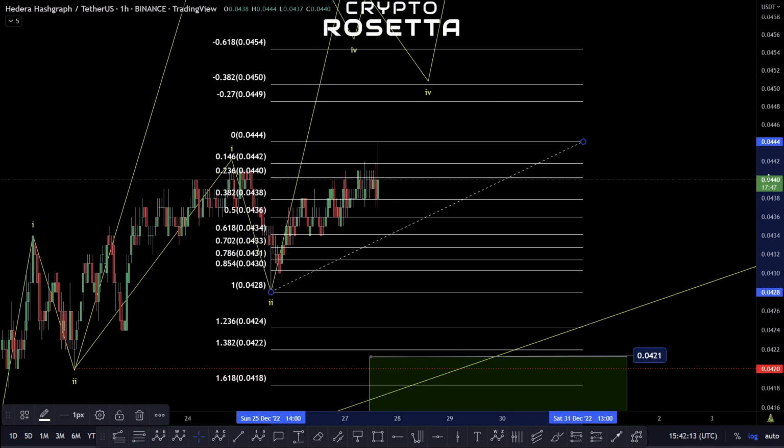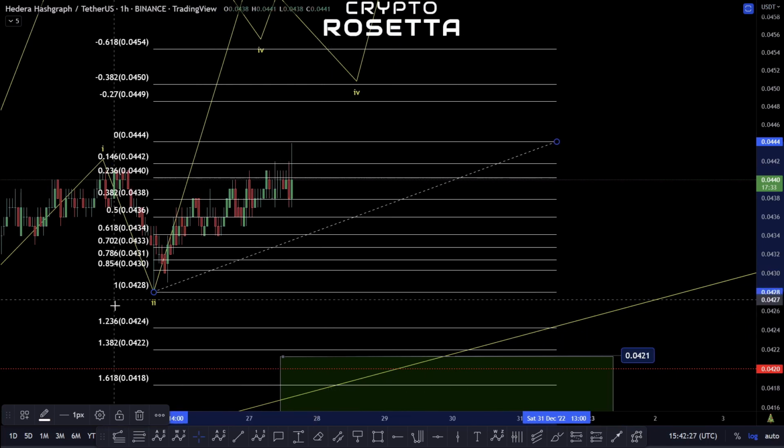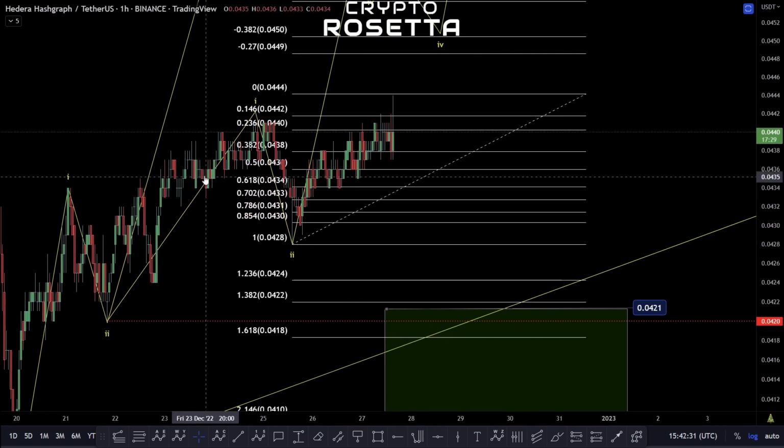Let me drop this on there. So zoom in on this a little bit. Moving down towards this 0.436 to this 0.431, and then looking for that push back to the upside. If we do lose this 0.428 zone, then we would have to, like I said, either